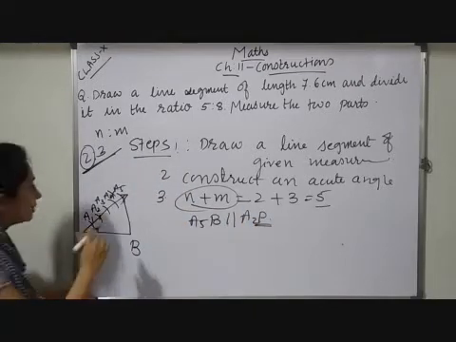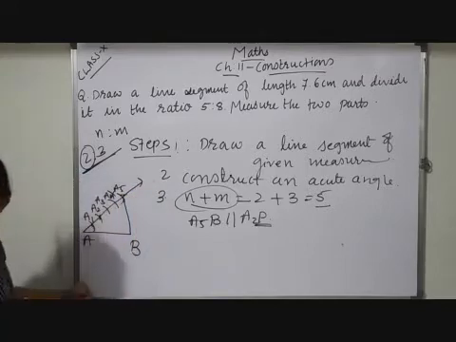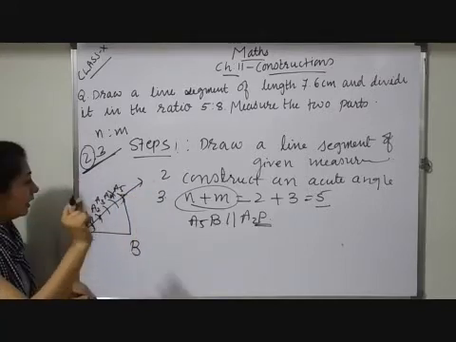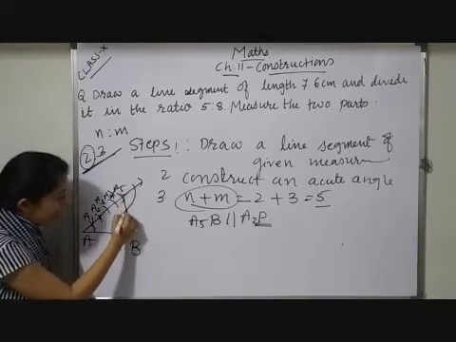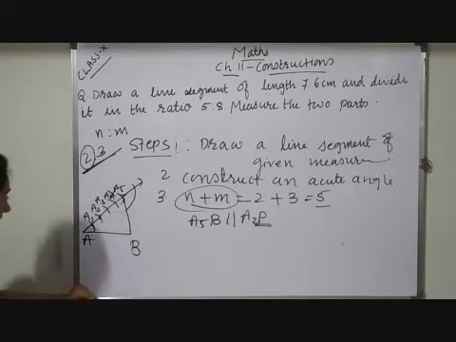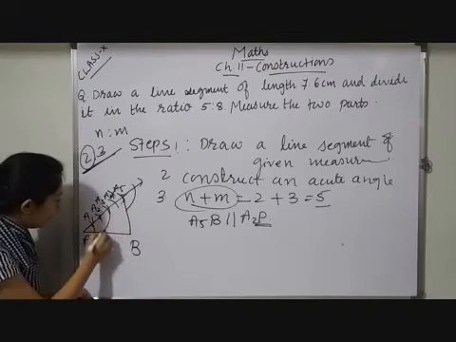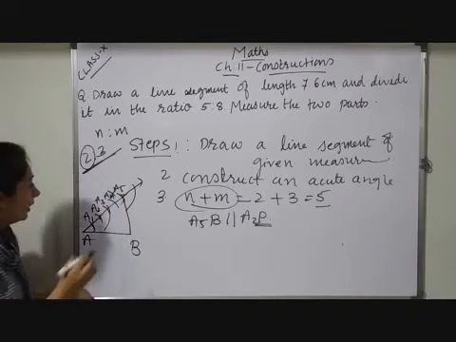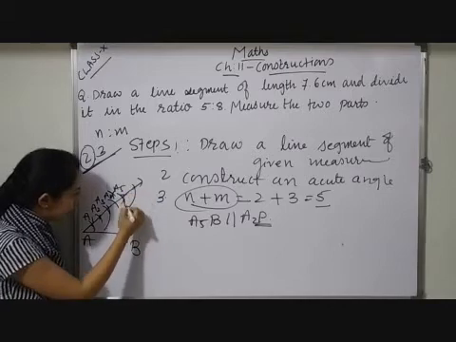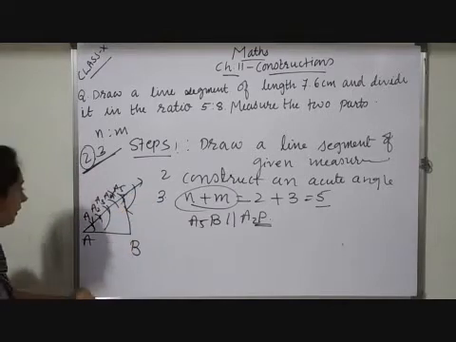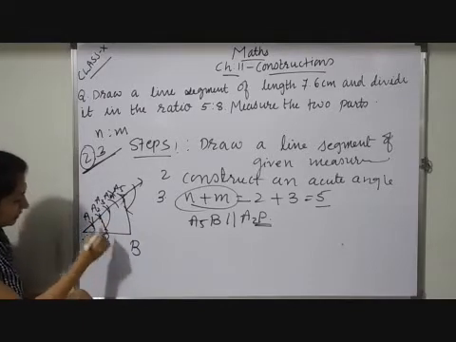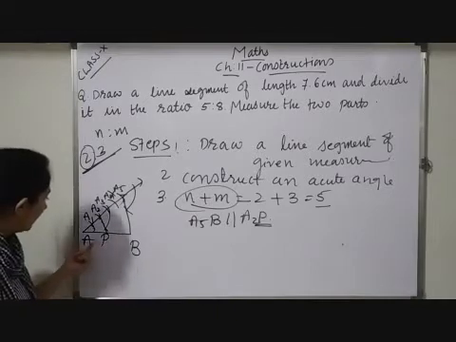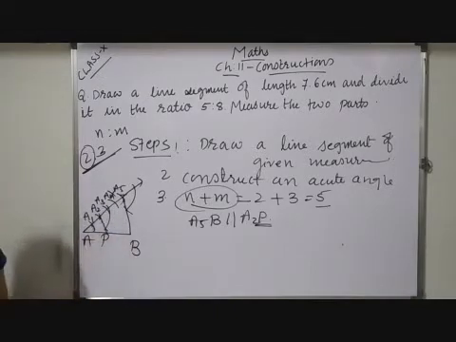Now how will I construct this parallel? I will extend this line. Of convenient radius, I will take a measurement on my compass, then fix the needle point of the compass here, mark and mark. You are not supposed to change this measurement. Fix up your compass here, mark and mark. After that, fix it here, then extend it till here and mark them. Fix it here, extend it till here and then join. Let it intersect at a point P. So AP and PB will be the required segments which divide AB in the ratio 2:3.